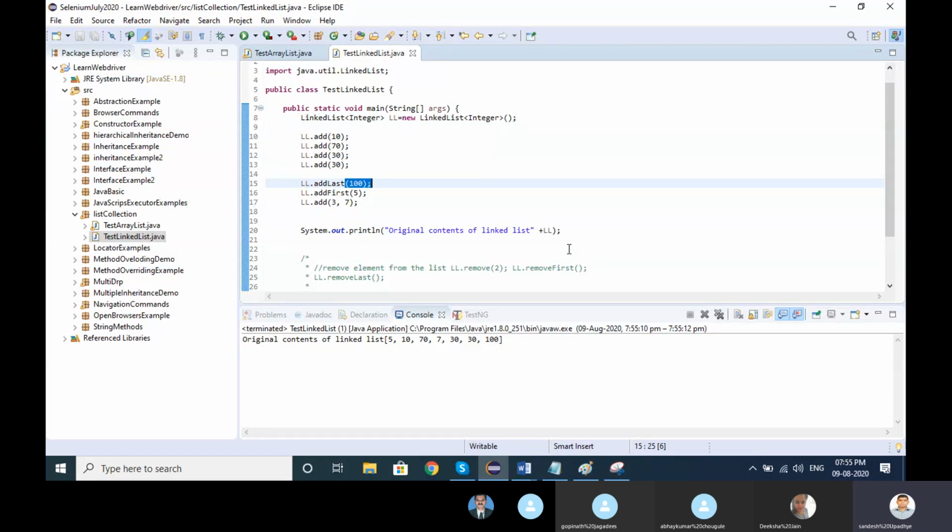Performance wise, array list is a little bit slow and linked list is fast, because linked list internally uses a doubly linked list, connected to each other. For a very small program we cannot notice it, but when we have big data in a database, you can use linked list instead of array list for better performance, because manipulation is a little bit faster than array list. It maintains insertion order and acts as a list and queue.